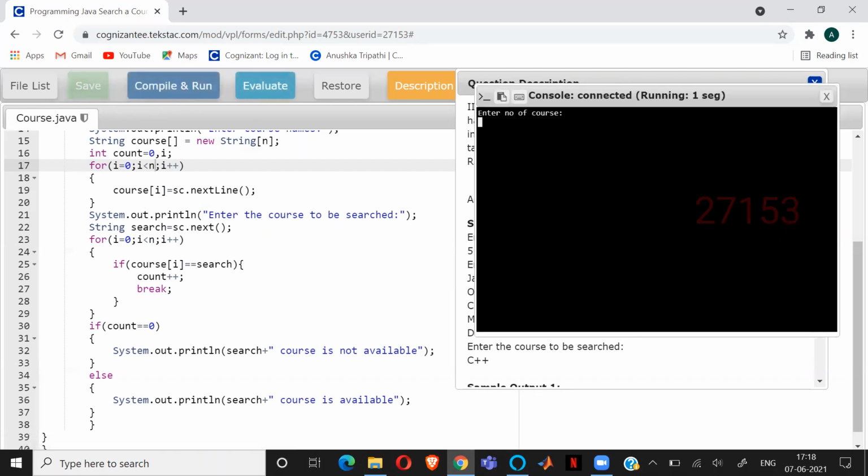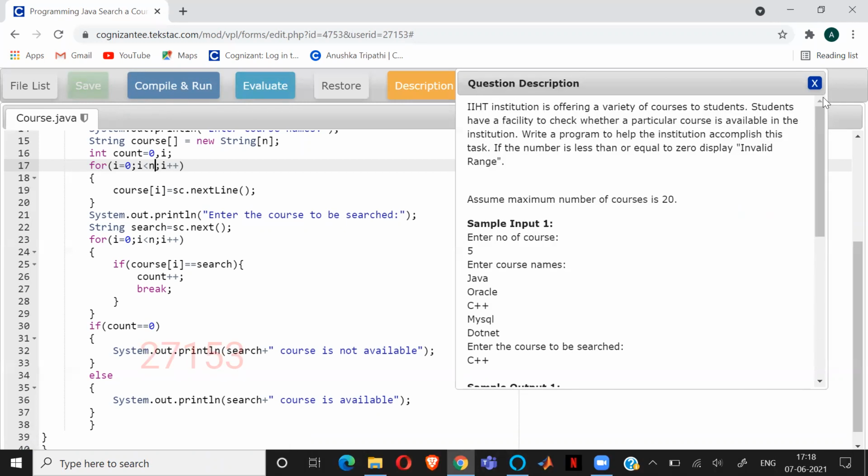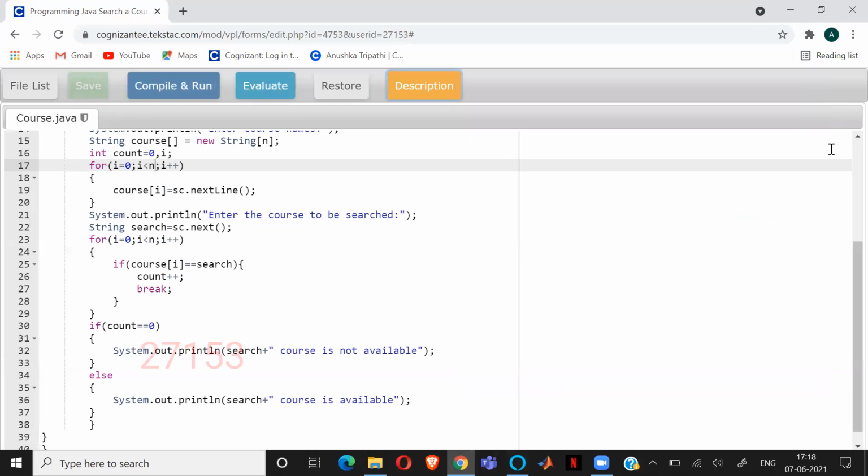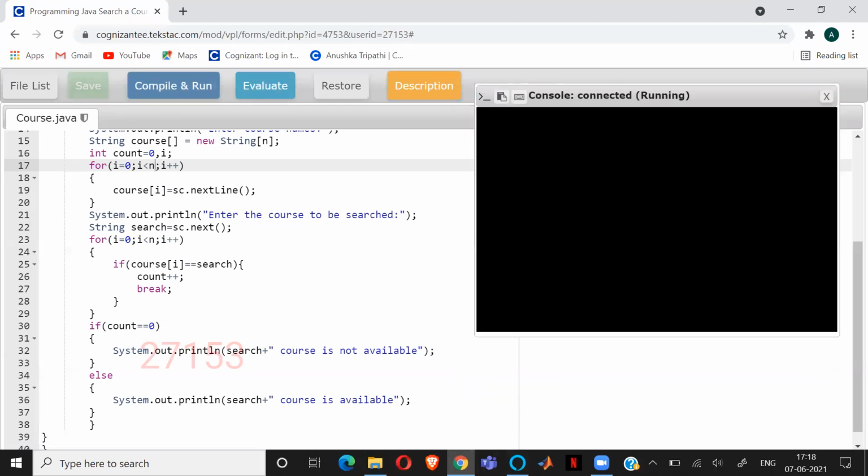Because I didn't need to check the whole code, then I can tell you, right? Yeah, why is it taking so much time? I'll send you the screenshot. Yeah, you can please send me the screenshot. I will just look into that and solve it. First run this. Let's see that. Yeah, what did you tell? Yeah, enter the course. 4 you type, not 3. 4 you type. Then it will take 3 courses.